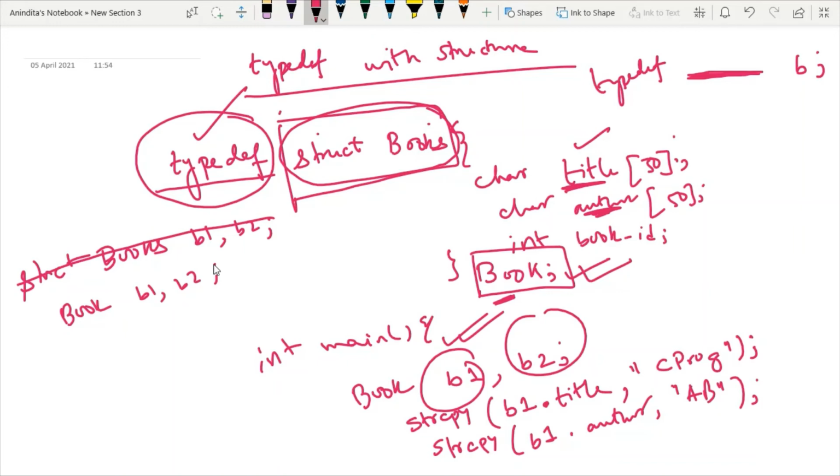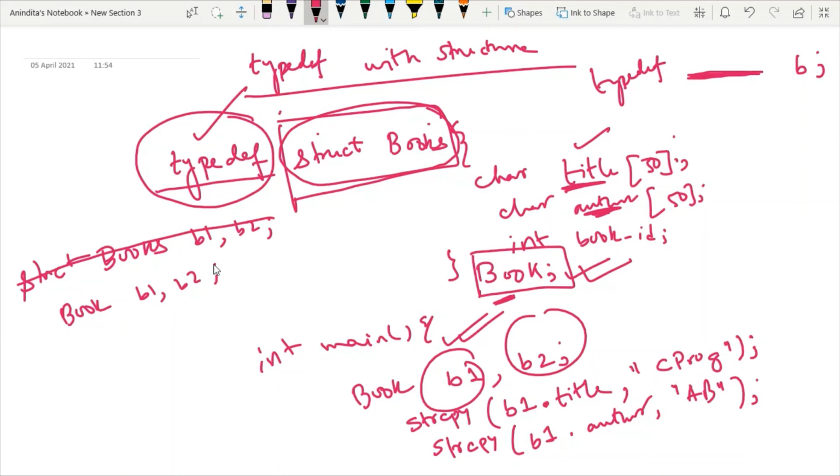So now we will learn one important thing, what we can do with this typedef. This typedef keyword with structure is generally used in the genetic algorithm to create chromosome. But before explaining that, we have to learn one more very important structure definition, that is structure with malloc.